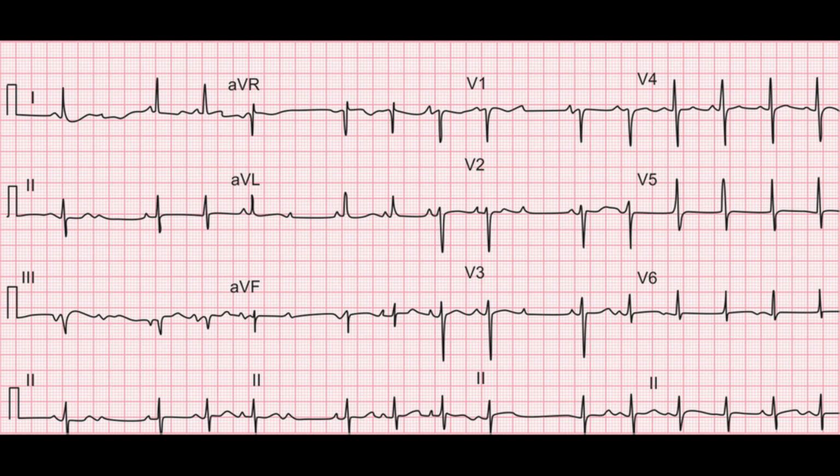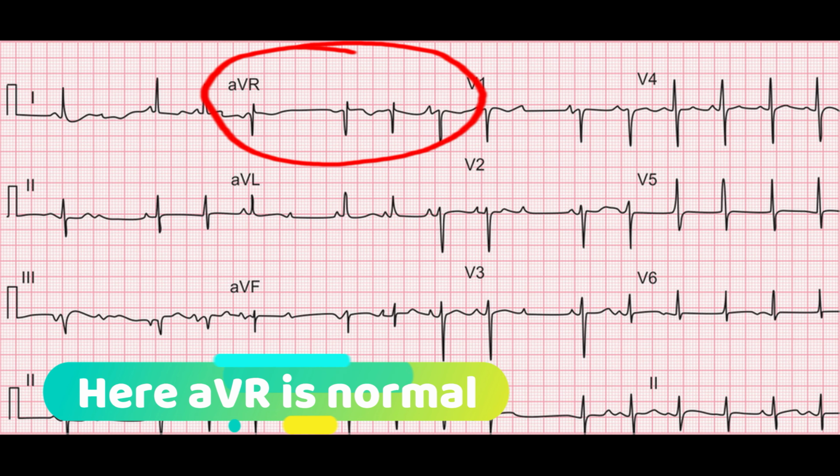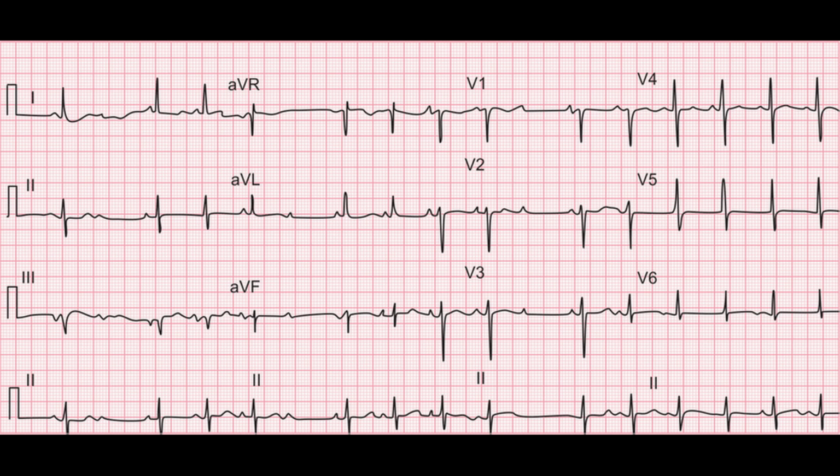Otherwise VPC and junctional escape beat both will not have a P wave preceding the QRS complexes. But yes, sometimes in aVR you will see a retrogradely conducted P wave in a junctional escape beat. So always look in aVR also, because in aVR by default everything has to be inverted. There has to be an inverted P wave, inverted QRS complex, and inverted T wave. If something is upright in aVR, it means something is wrong, something is not right in that ECG. So you should re-evaluate the ECG, go through the ECG changes again.